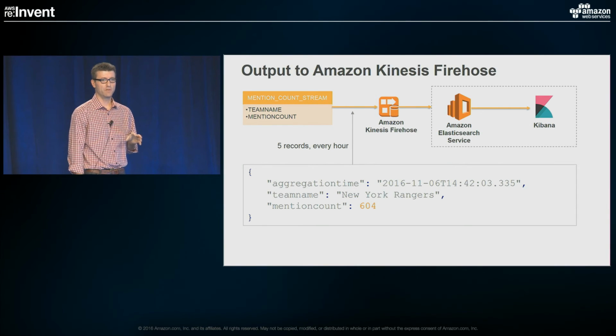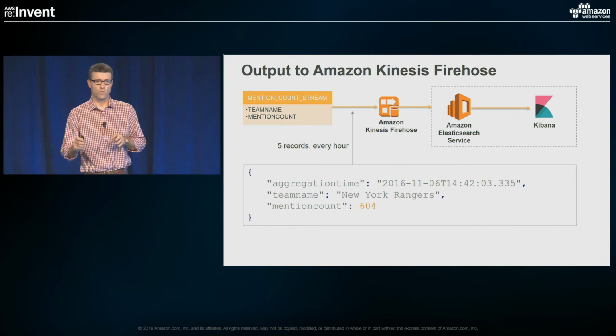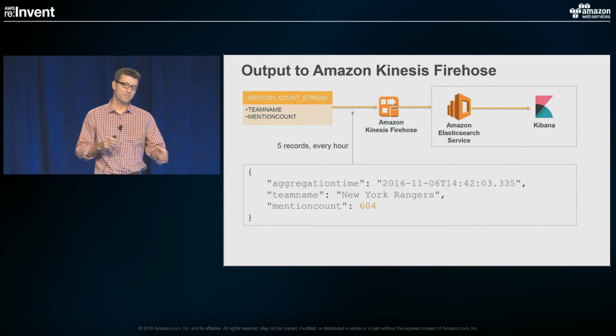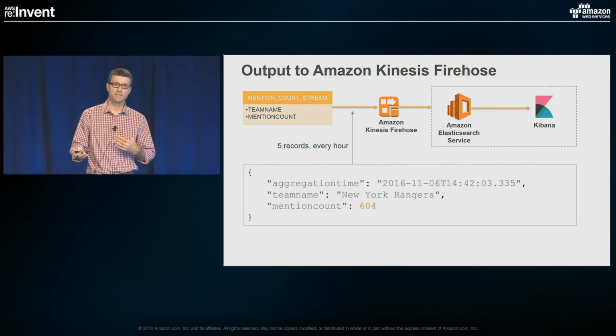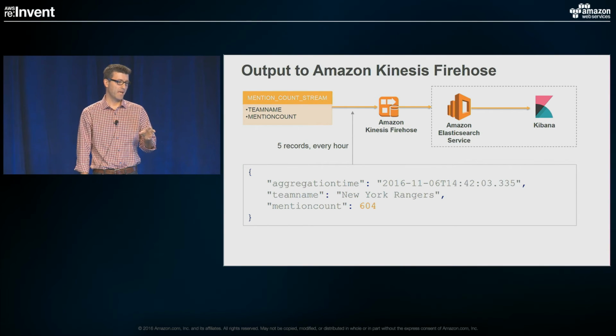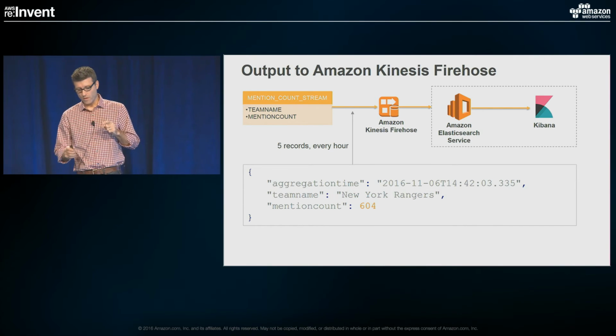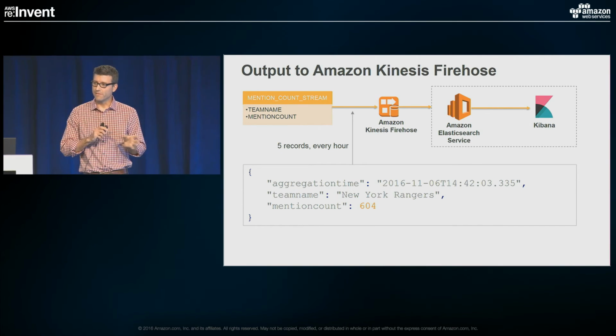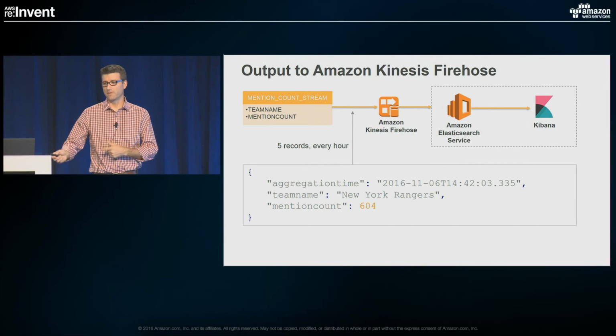The minimum amount of time that you can buffer with Firehose is 1 minute. So in this scenario, I would just buffer. And because my aggregation is an hour, the buffer size here can be a minute or 5 minutes. It's not that important. Amazon Firehose will once a minute, if I've configured it that way, put my records into Elasticsearch, and then I can